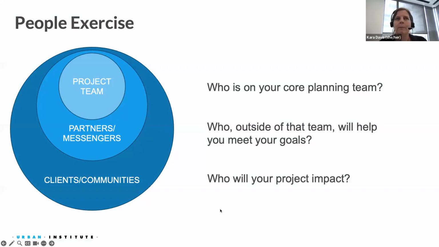So if we're thinking about the people, this is our first exercise. Think about who's on the core planning team, who do you need involved in order to get the project done? Outside of your team, who do you need around the community to help you meet your goals? And then the clients in the communities, who are you impacting? And so I'll turn it over to Kishua to talk about